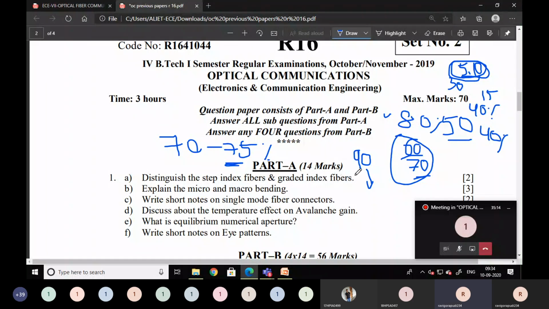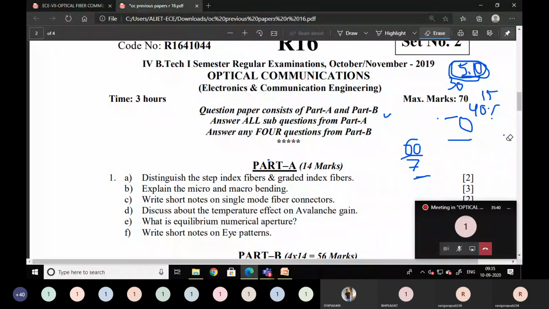That's why you have to improve your percentage, not from 30, 40, 50, 60 like that. You have to maintain consistency. 75 in the first sem, 76 or 70 in the next sem. Like that you have to do. You have to maintain some level. So that is one thing I want to tell. Concentrate from the starting onwards, on each and every question from the starting onwards.